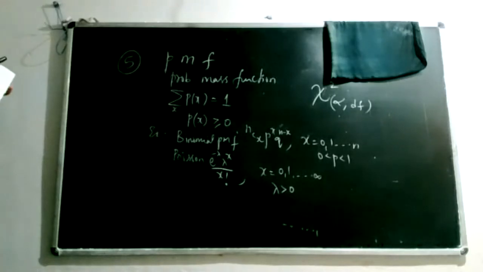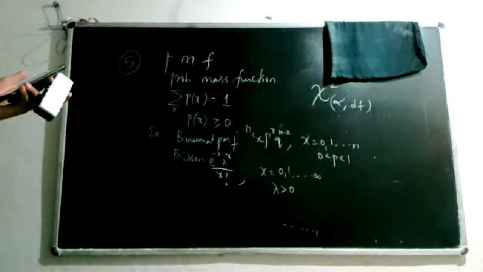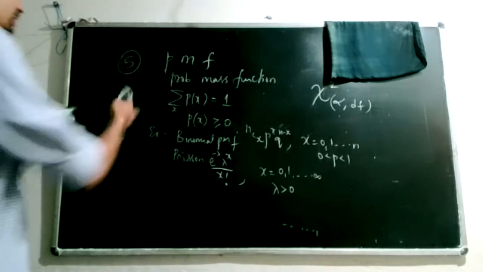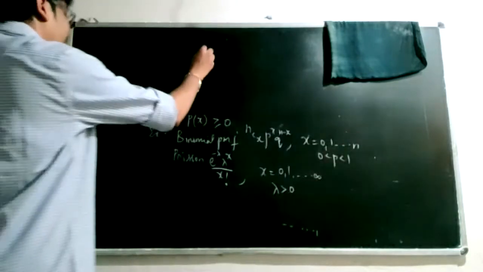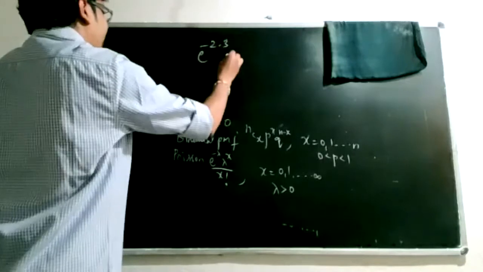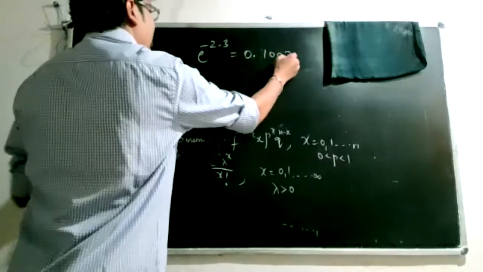The average number of decayed teeth observed in patients is 2.3. Use a suitable PMF to compute the probability that a randomly selected patient will have more than 2 decayed teeth. Okay, so some information is given. e power minus 2.3 is given, and we use e power minus lambda when it comes to Poisson